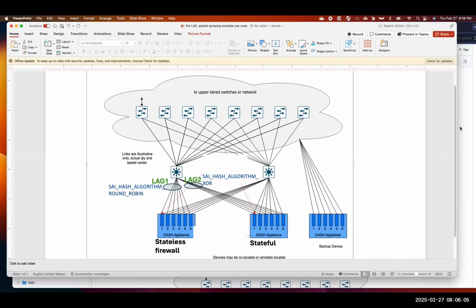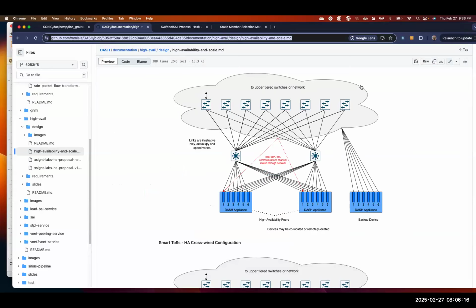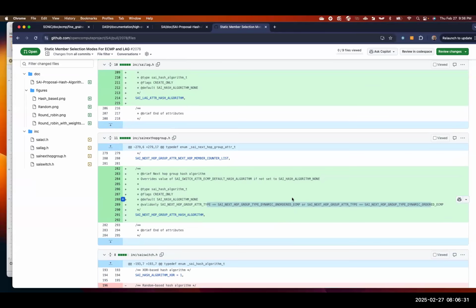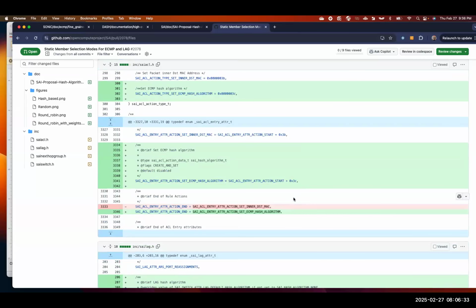Today, it is at the ARS level. Yeah, ARS level has it, but not for the regular load balancing things. We don't have all this. So you want to just put it on a vanilla next hop group? Yes, Jay, exactly. That's not for ARS, but just for the simple traditional types. Okay, I got it.